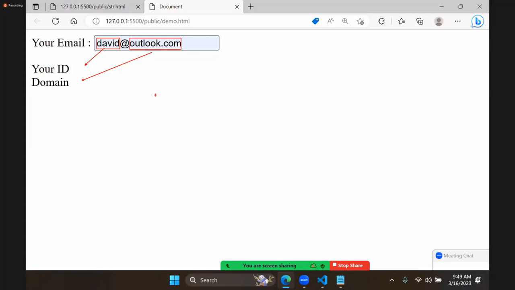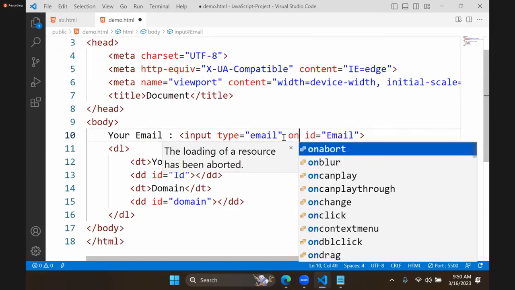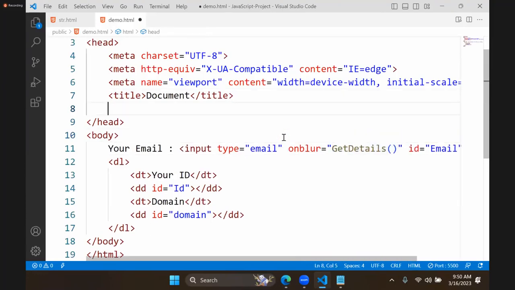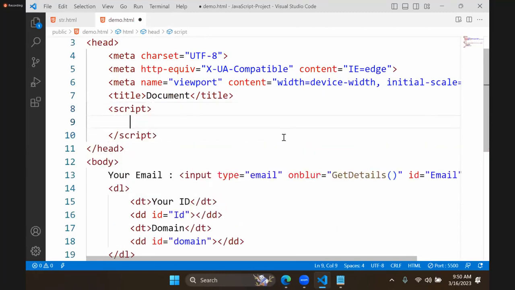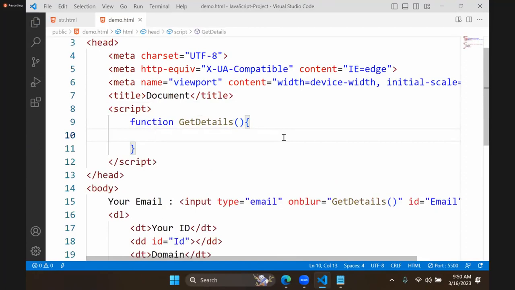That means now what we will do here is, for that, we will simply write onblur. I'm writing onblur, so getDetails. Okay, let's write the script here. In the script, we are defining a function. What is it? getDetails. This getDetails function